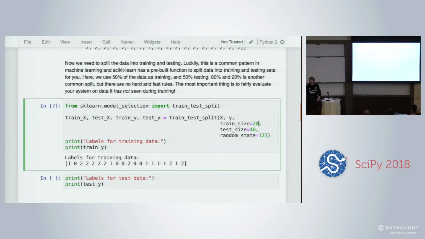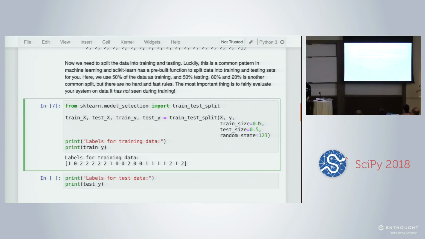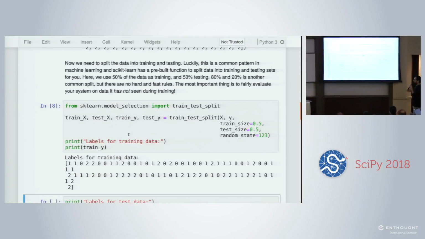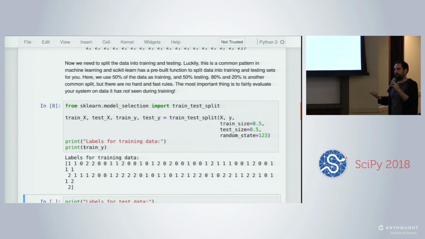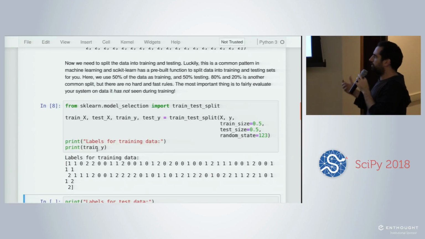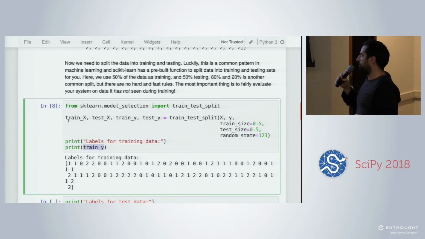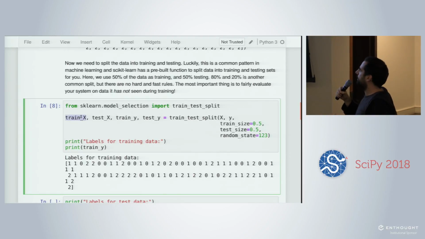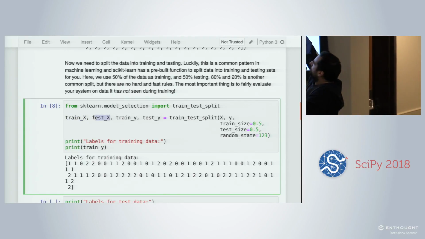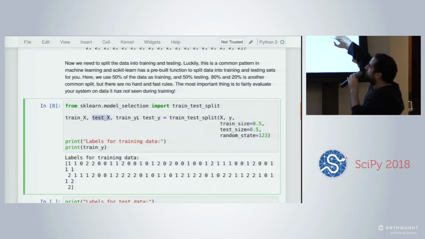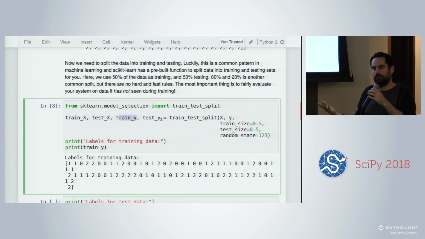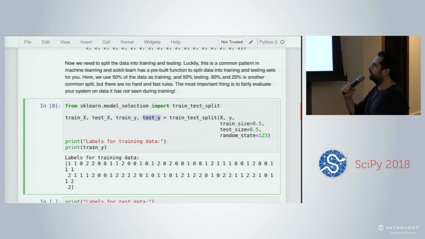But you can also put integers if you want to have a small training set of just 20 elements. For instance, you can put train_size equal to 20. If it's lower than 1, it's treated as a fraction. If it's larger than 1, it's treated as an absolute number of samples. But the two together have to be less than 100%. And it will make sure that there is no overlap between train and test. And if you don't, you can omit train_size and just give test_size. In that case, it gives you the complement for the training set.